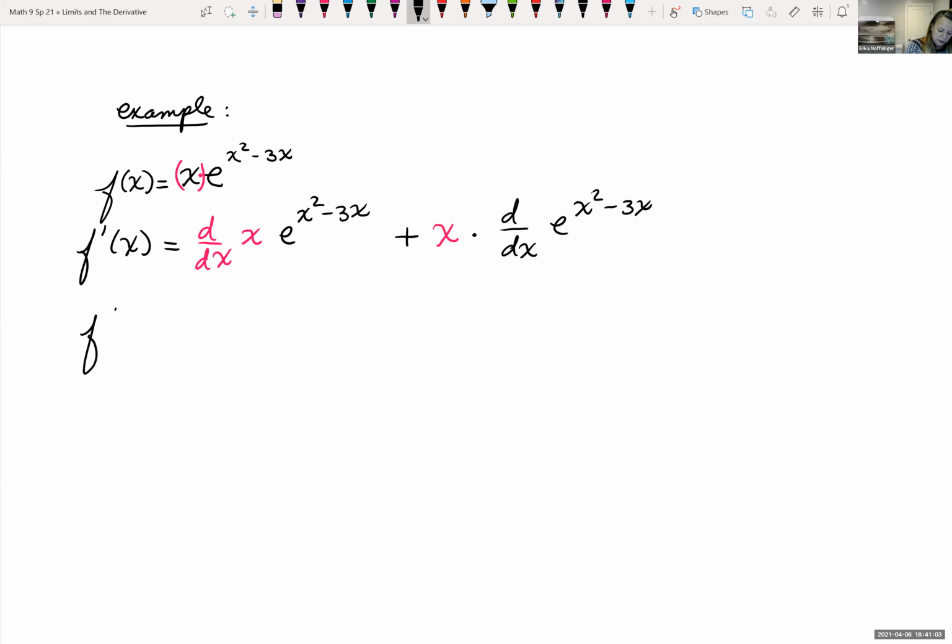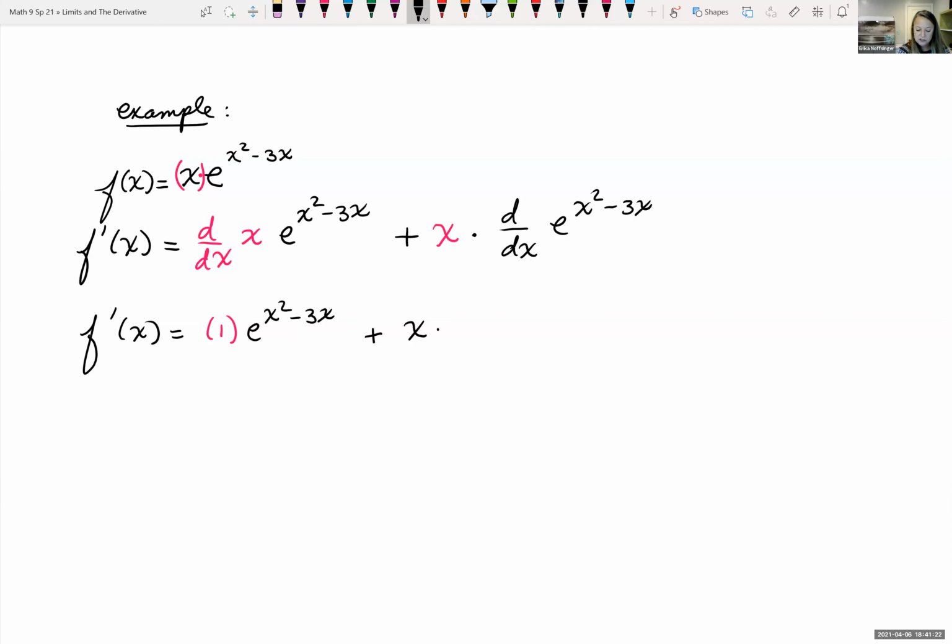So going through and doing that, derivative of x, well, that's just 1, all times the second function, e to the x squared minus 3x, plus x, all times the derivative of this